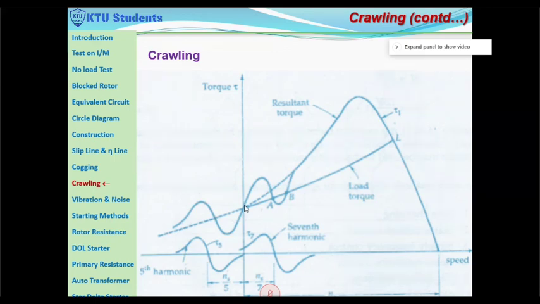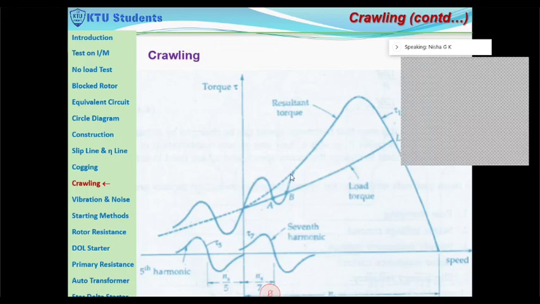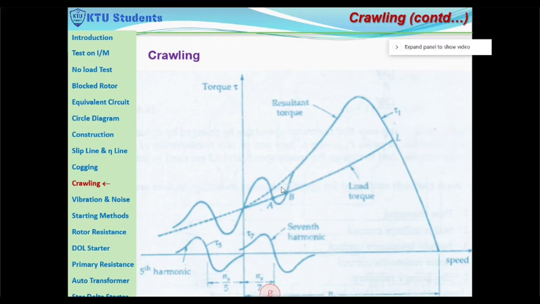So two dips will be there. One dip corresponds to the fifth harmonic and another dip corresponds to the seventh harmonic. When you are taking the seventh harmonic, it will have a phase difference of 7 into 120, that is equal to 840. So 840 equals 2 into 360; if you split it, 720 plus 120, you will be getting 840. So it will have a phase difference of plus 120. Once it has plus 120, this will set up a speed in the forward direction, or it will aid the fundamental component. So you have the fundamental torque and the seventh harmonic torque.